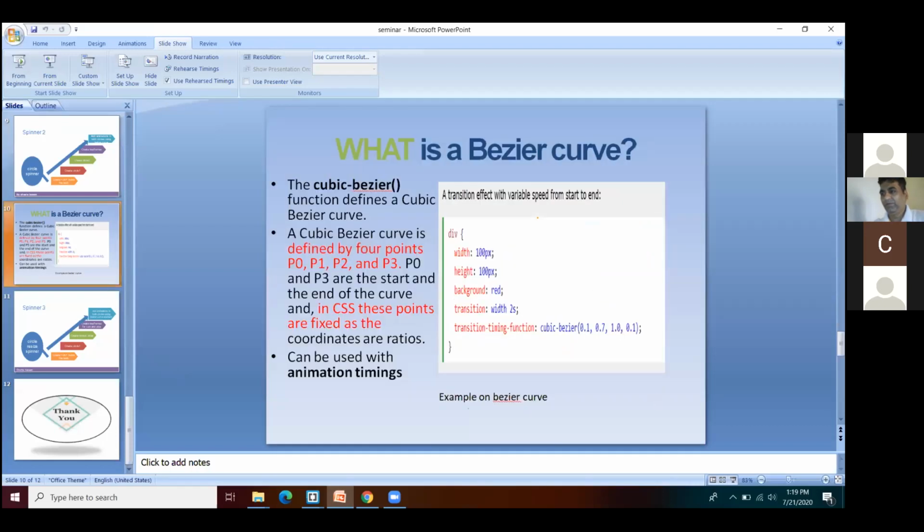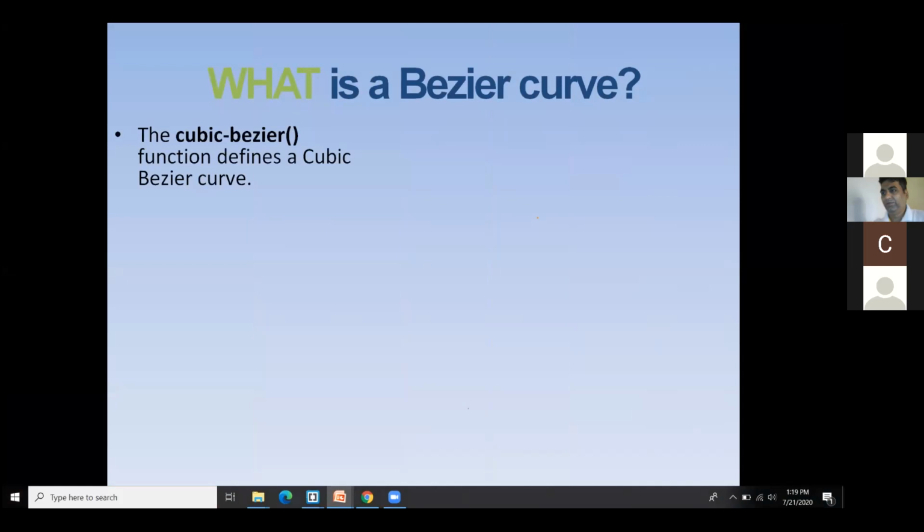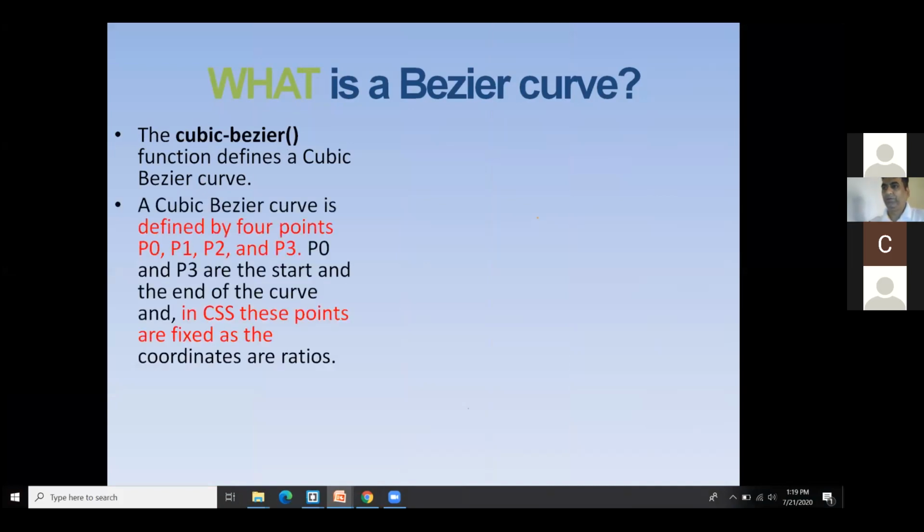Bezier curves help you draw any animation or any curve in computer graphics. You can draw it with the help of a function present in cascading style sheets, that is cubic Bezier. It generally has 4 points: point 0, point 1, point 2, and point 3.